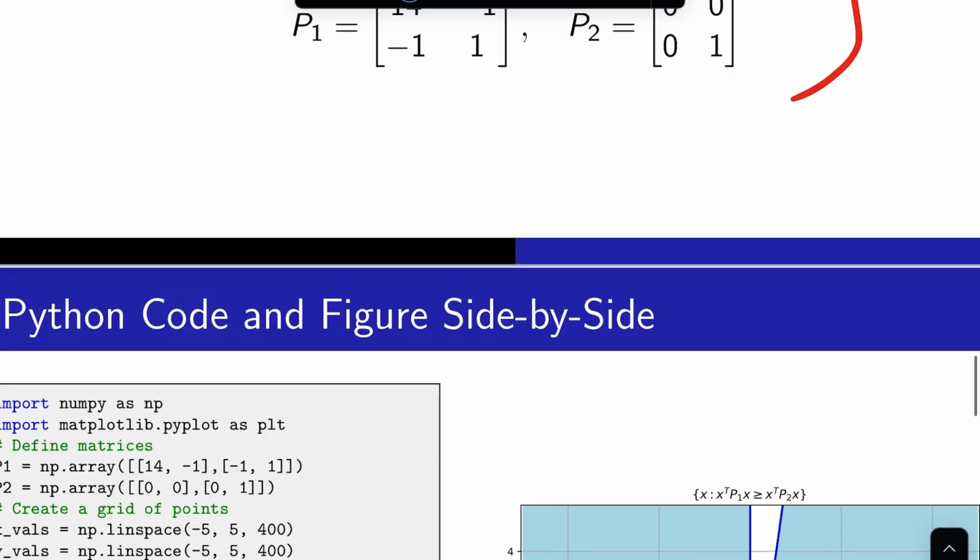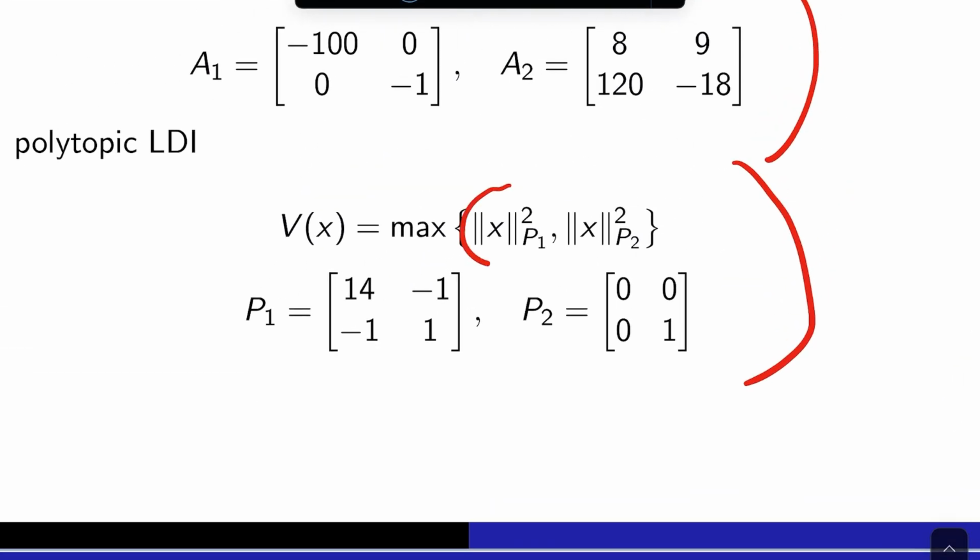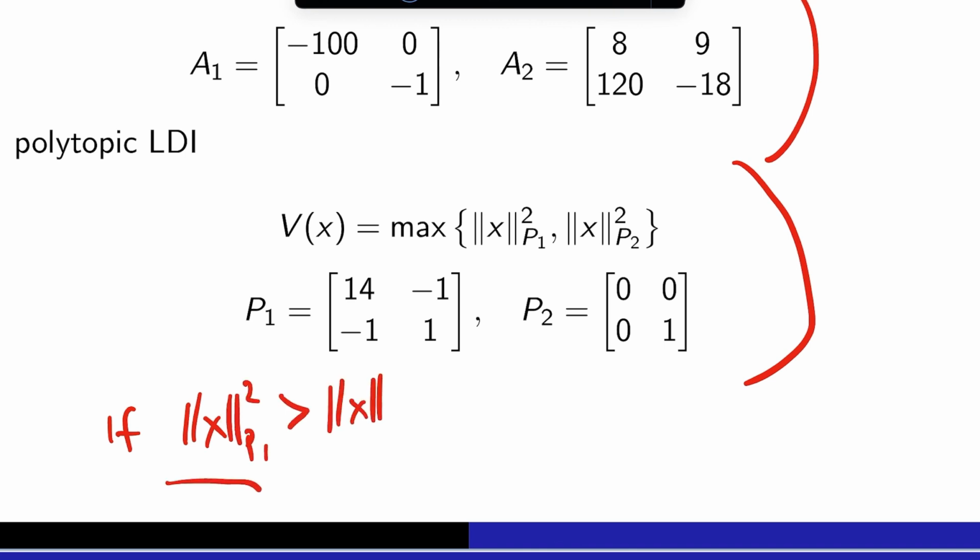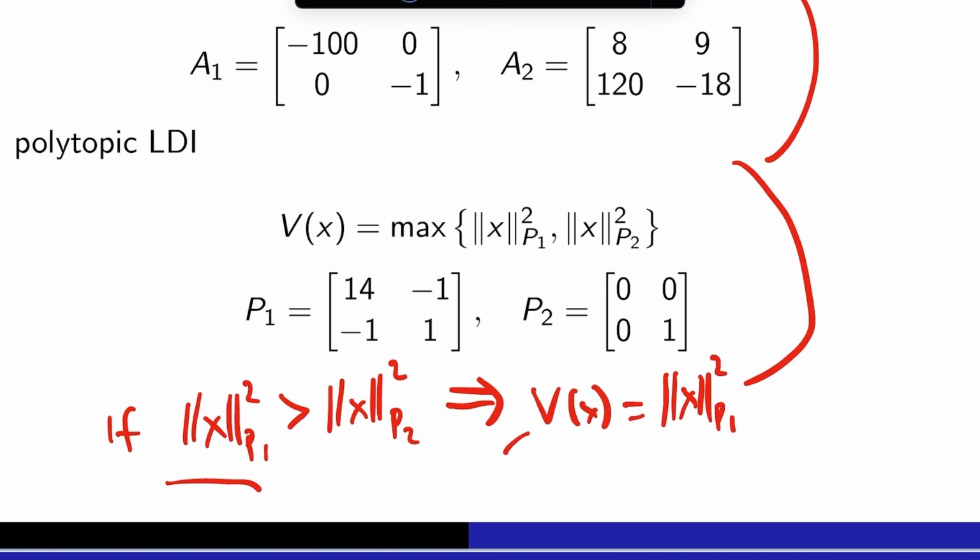So why am I talking about this set? What's special about this set? Here we have this Lyapunov function, basically like a maximum, right? So for example, if P1, that expression is greater than this expression, then the V of x that we have is this. And then what is V dot in this case? Then in this case, V dot will be